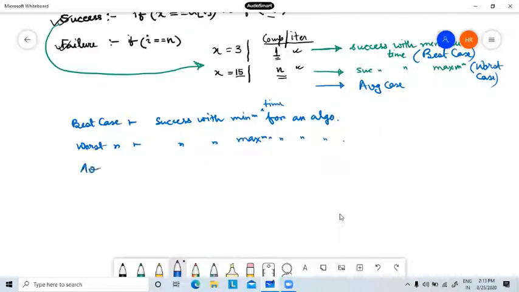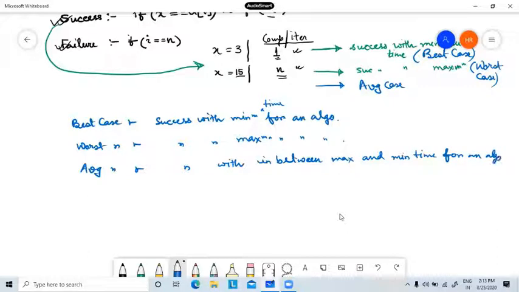Average case, success with in between max and min time for an algo. Okay, so now it is clear.